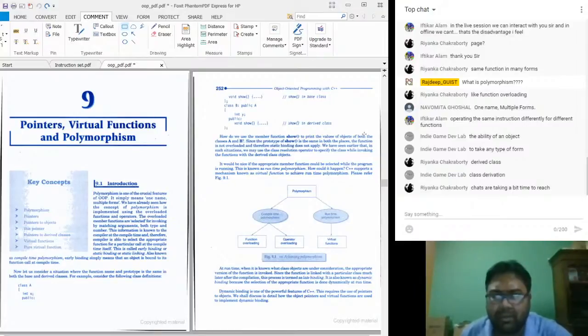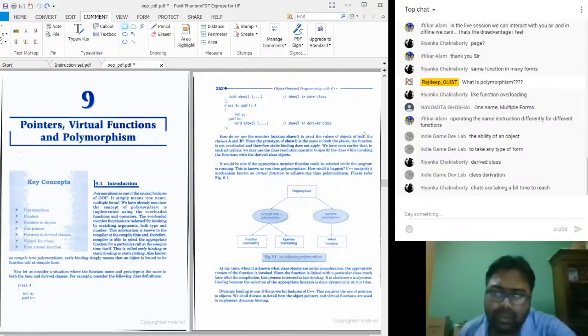Both of them have a function, say show. The requirement is not known to you in advance. Only while you execute the program, based on the input of the user, you want to call the appropriate function. So this is known as your runtime polymorphism.